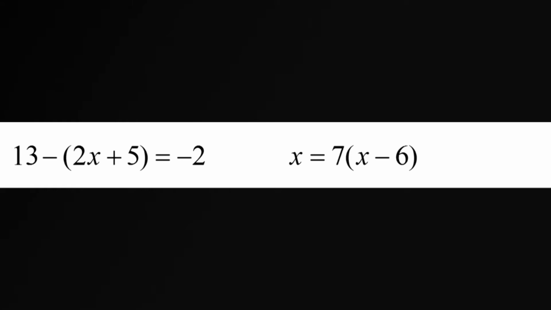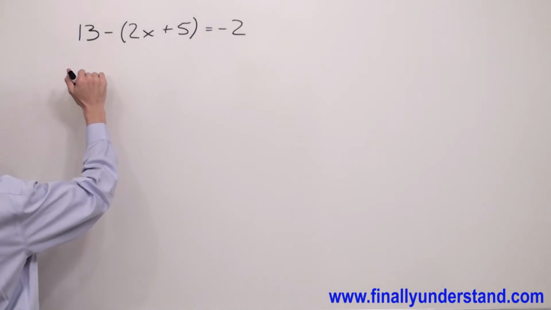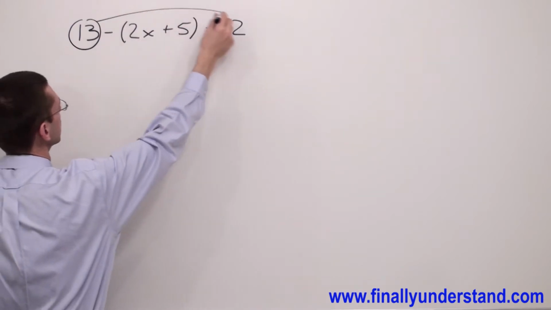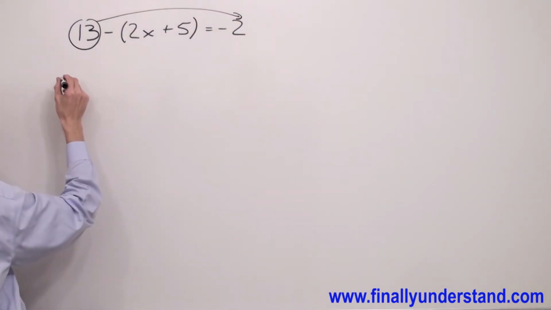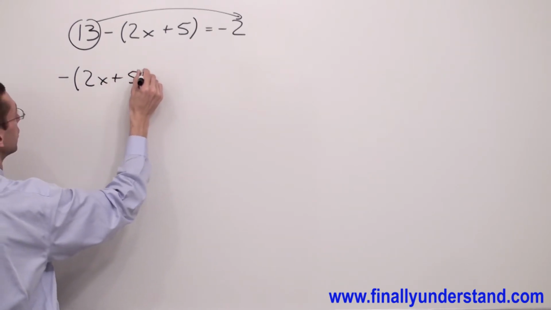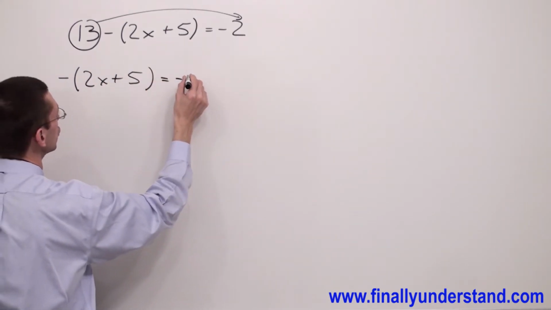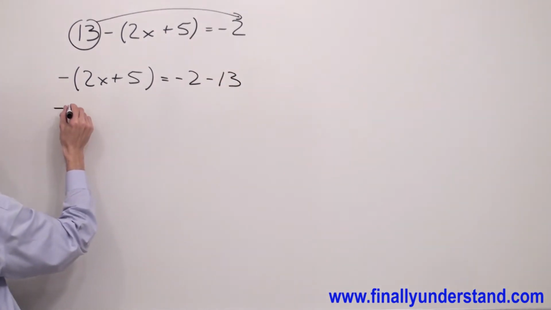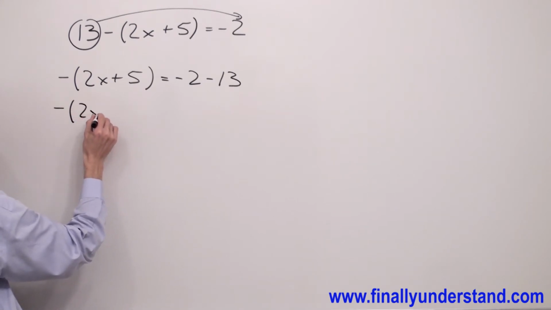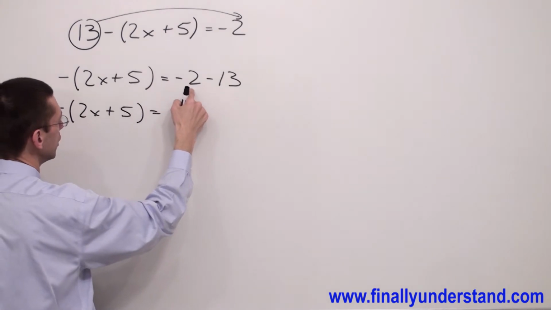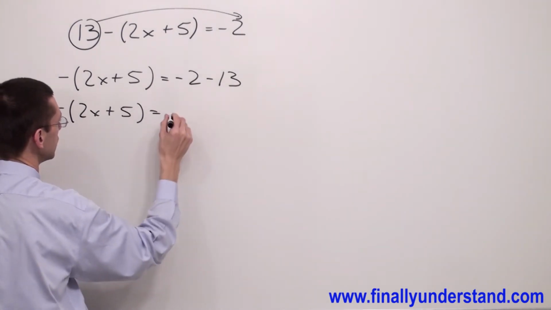Let's take a look at the first example. First, please notice that next to 13 I do not have x. That's why I'm going to move 13 to the right side of my equal sign. And I'm going to end up with negative 2x plus 5 equals negative 2 minus 13. I'm going to organize my equation a little bit. I have negative 2x plus 5 equals negative 2 minus 13, which is equal to negative